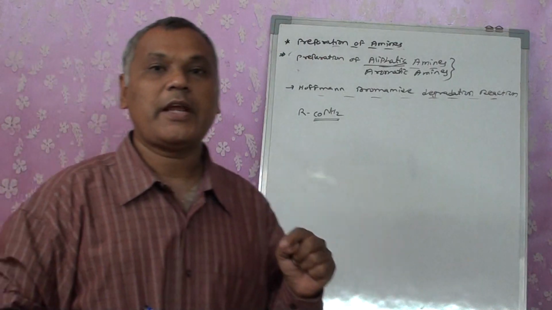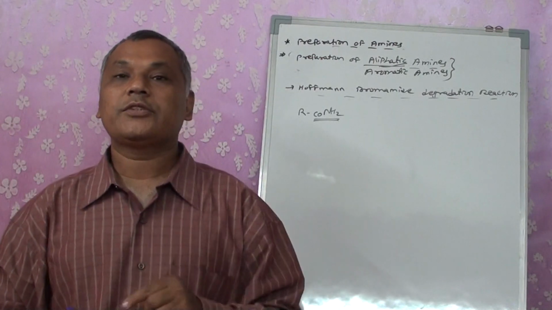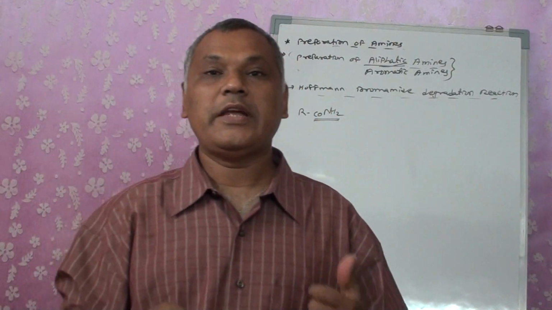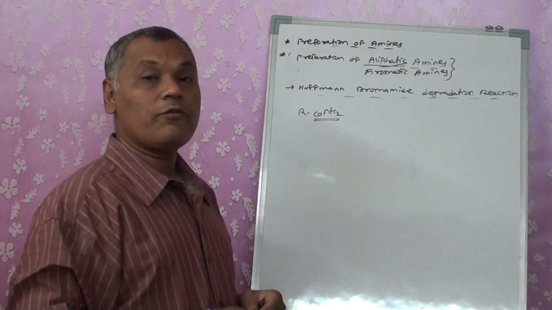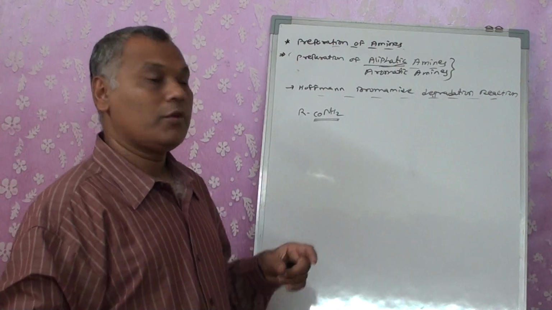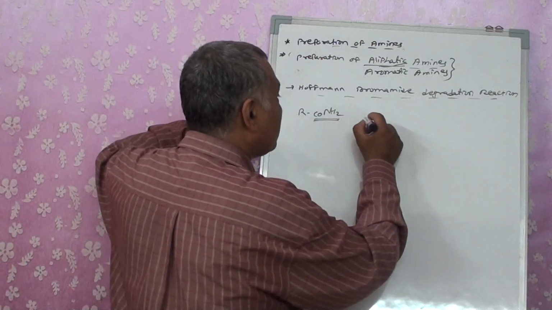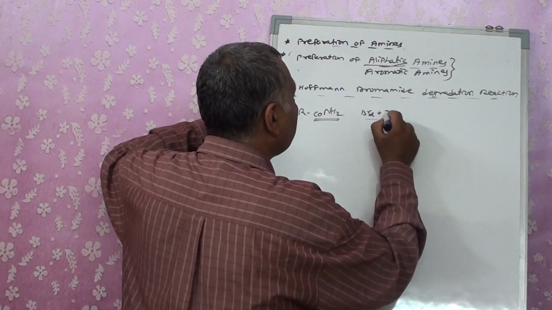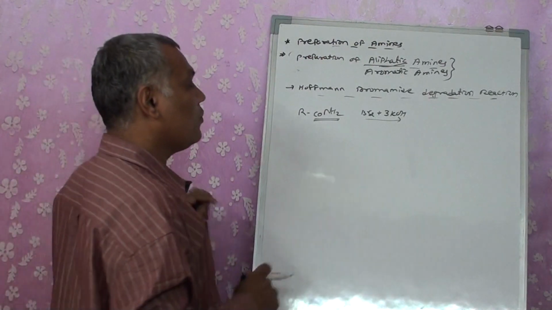See, in the first reaction that we saw, the cyanide was changed to an amide. The reagent was kept the same. We got the same product, right? Though the reagent was the same, the reactant changed, the answer did not change. Here we are going to keep the reactant the same now. The previous reaction and this, both of them are amides. Only the reagent we are going to change. We are going to put Br2 plus 3KOH, that is Br2/KOH.